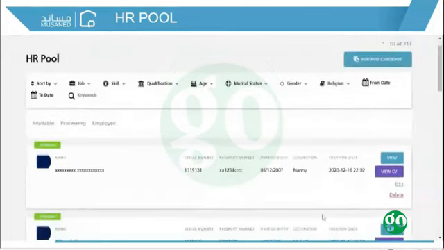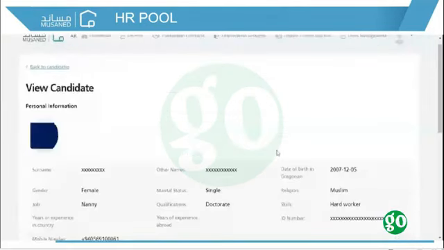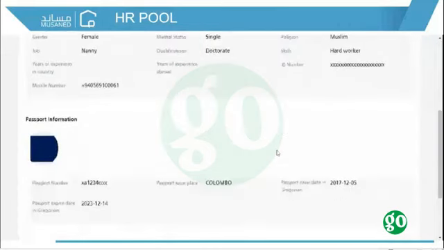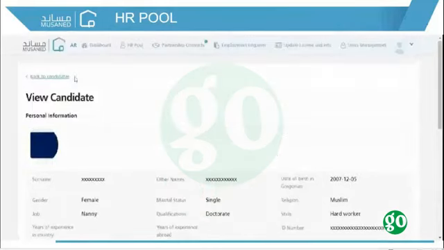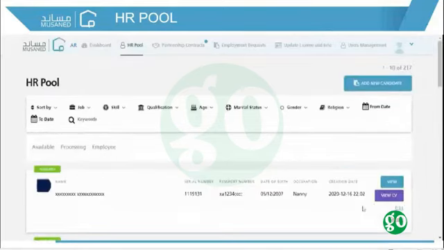After that, the user can view the entered details of the candidate by clicking on View. The system would represent the user entered details, and the user can also represent the details of the candidate in PDF format by clicking on the View CV button.